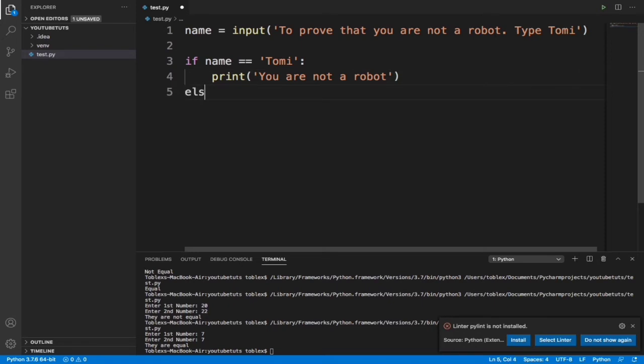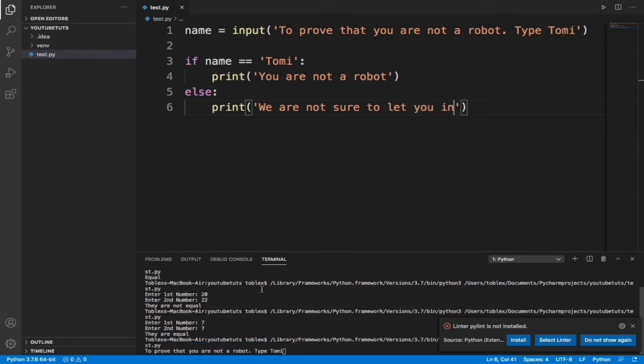But if the user didn't write that, else, let's just print we are not sure to let you in.